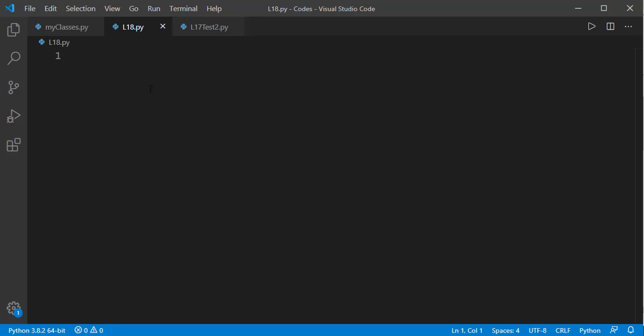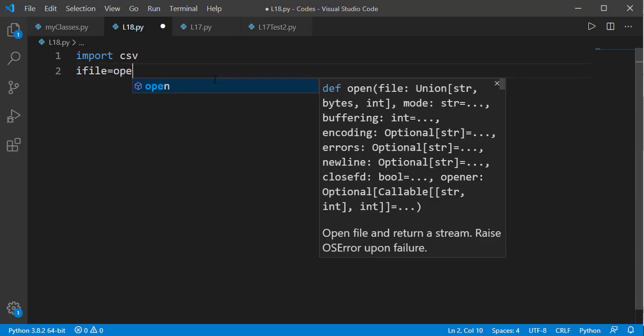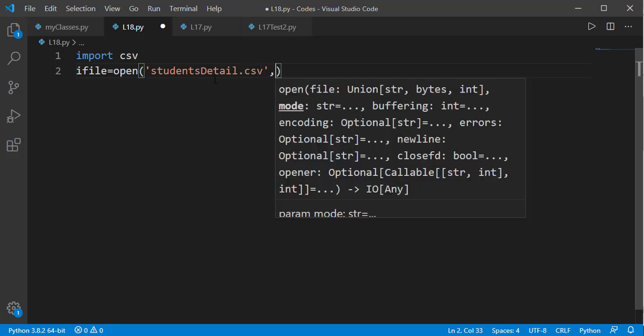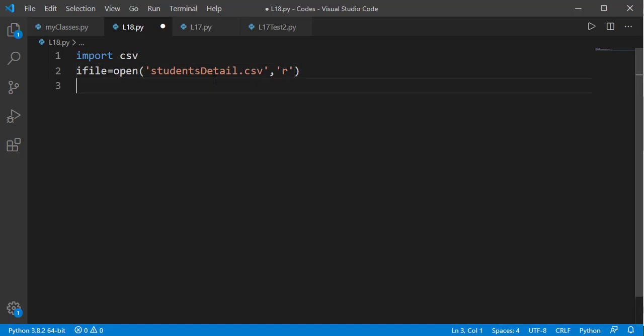We'll import the CSV module to apply read or write operations on a CSV file. The read-write procedure for a CSV file is quite similar to that of a text file. We'll open the file using the open statement and pass in the file name we want to read or write. And then the mode, which should be R if we want to read the file and W if we want to write on it. The file specified must be inside the working folder of this program, and if it is at some other location, we'll have to specify the full path.